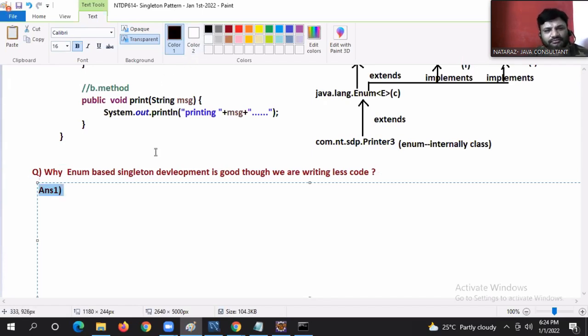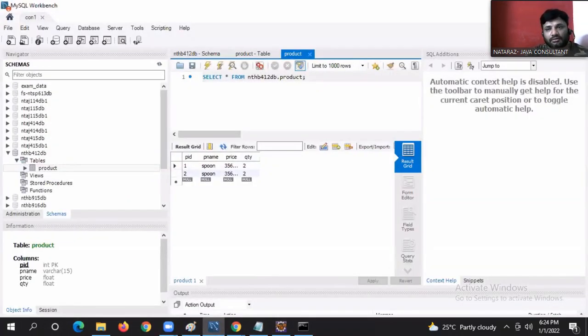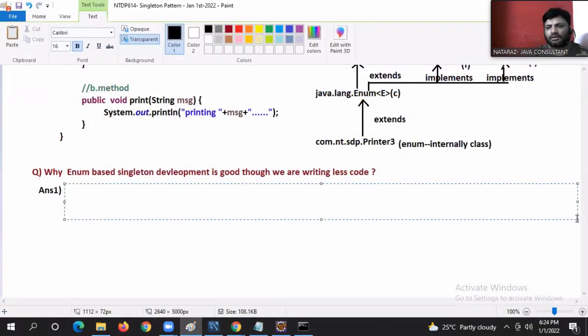Answer one. What is answer one, guys? What is answer one? The answer one is